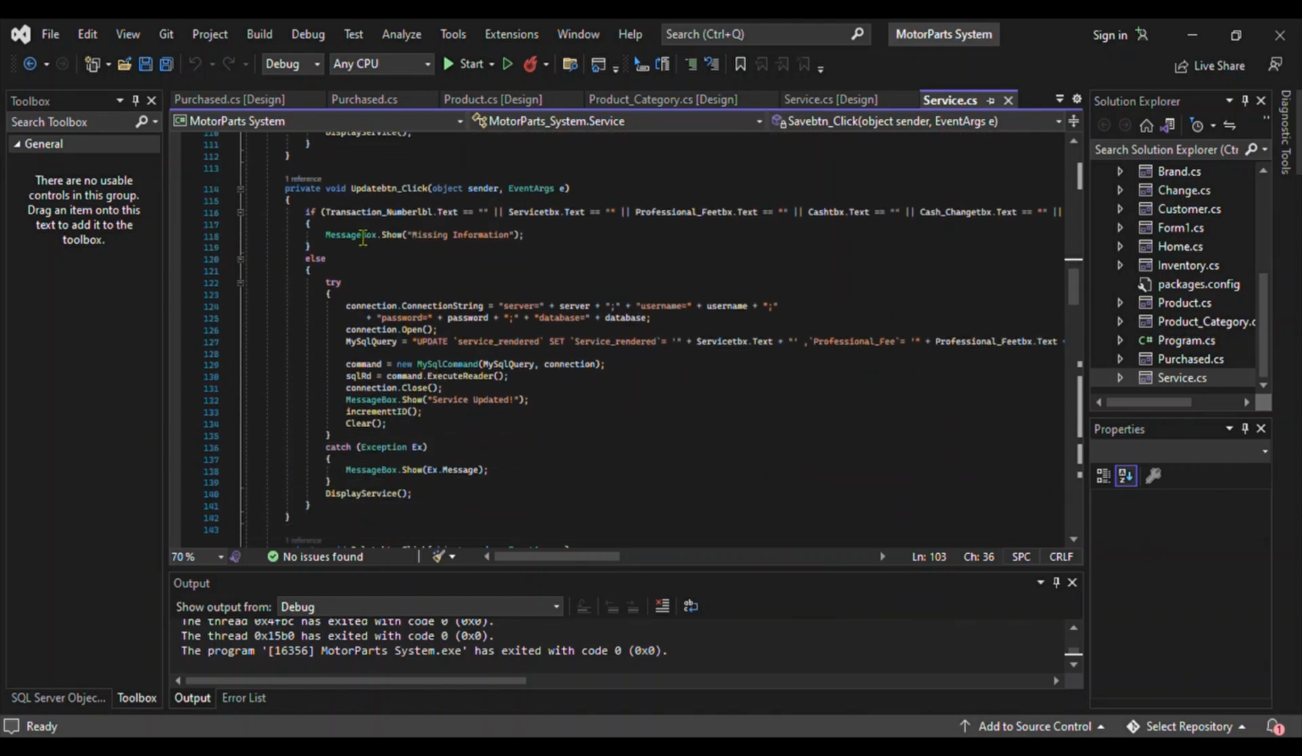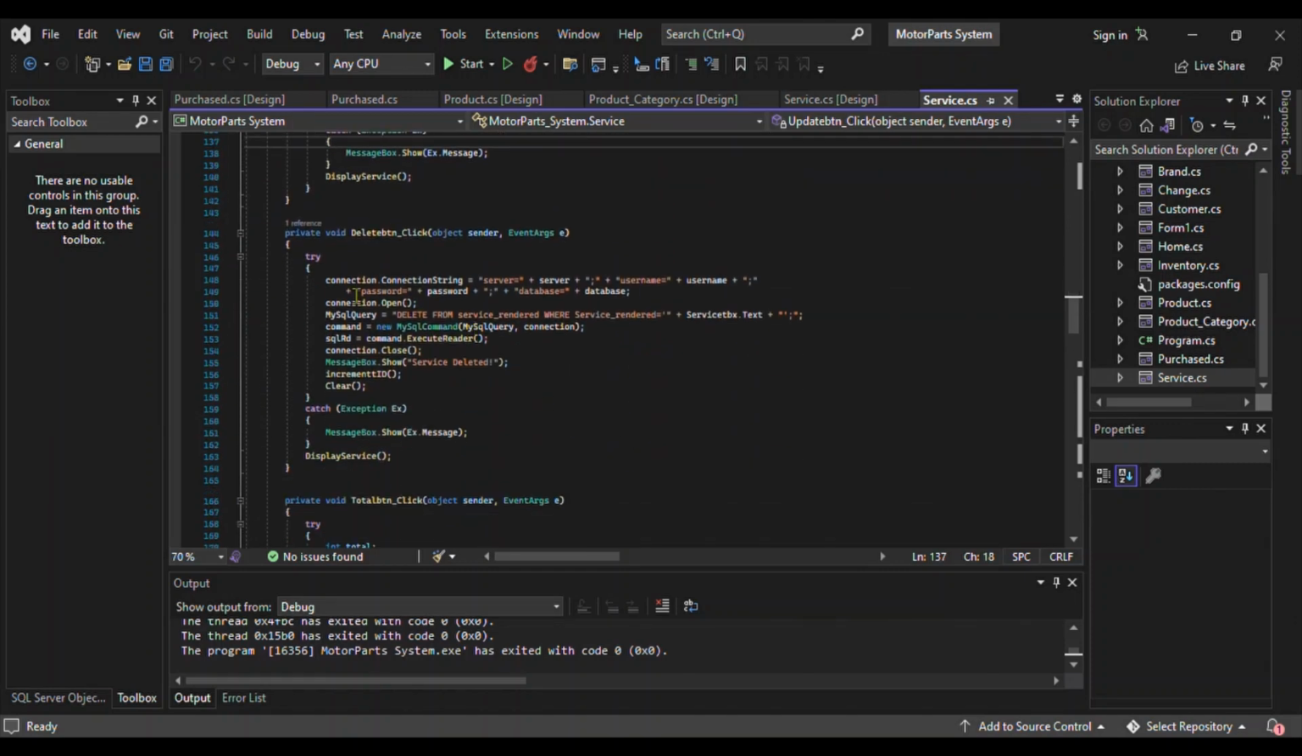The update button: open the connection, update from the service table, then the value and then the data, execute, close the data, close the connection, then it will prompt a message that the service has been updated, as well as the delete button. So delete connection, delete query, delete from the service, specify the one to delete, then close, execute, and prompt that the service has been deleted,